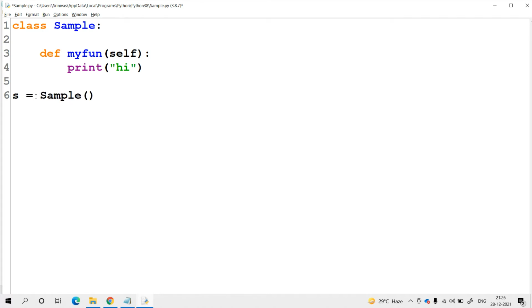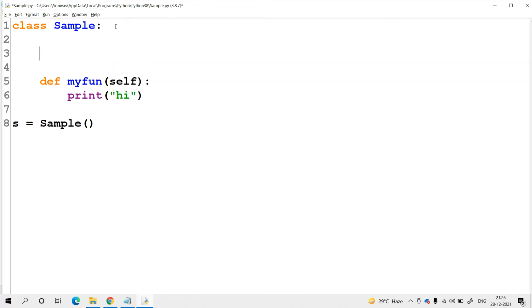At the time of creating the object of the class, if the constructor is not physically available within the class, the Python interpreter itself will create one default constructor. For the default constructor, it does not have a method body, but it has one simple definition: def, and the constructor syntax is underscore underscore init underscore underscore with the help of the self keyword.